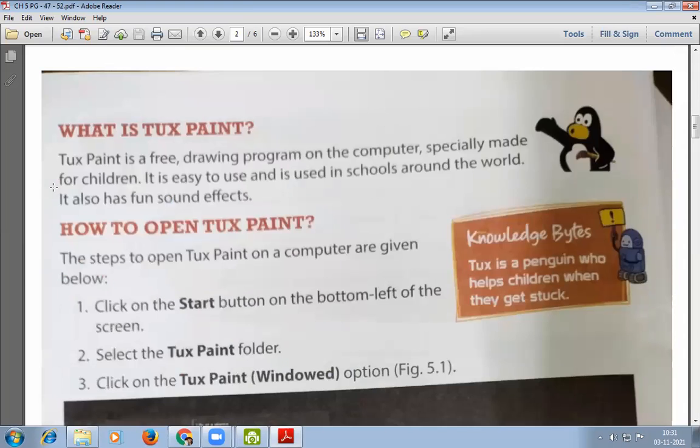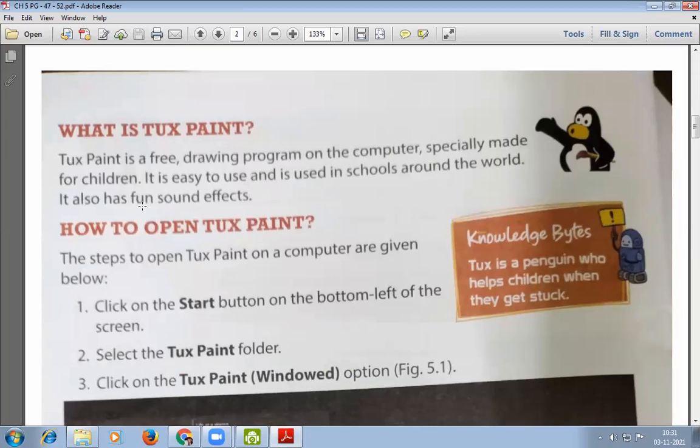So what is TuxPaint? Open page number 48. TuxPaint is a free drawing program on the computer, specially made for children. It is easy to use and used in schools around the world.